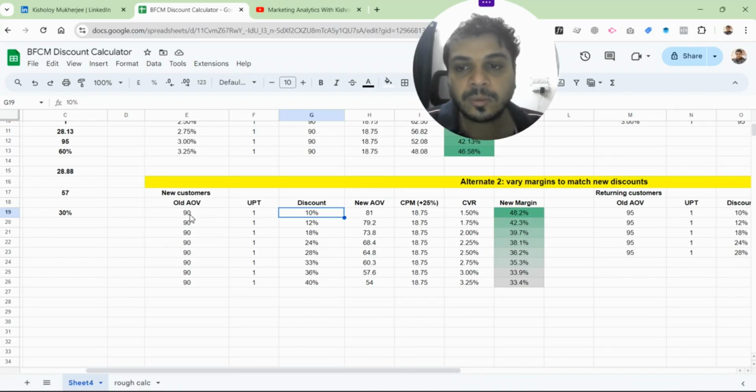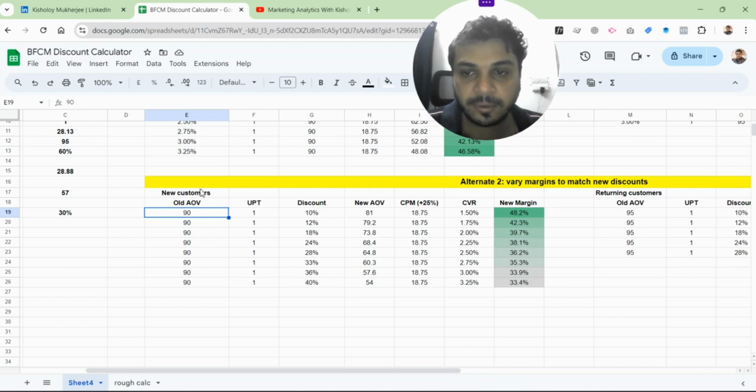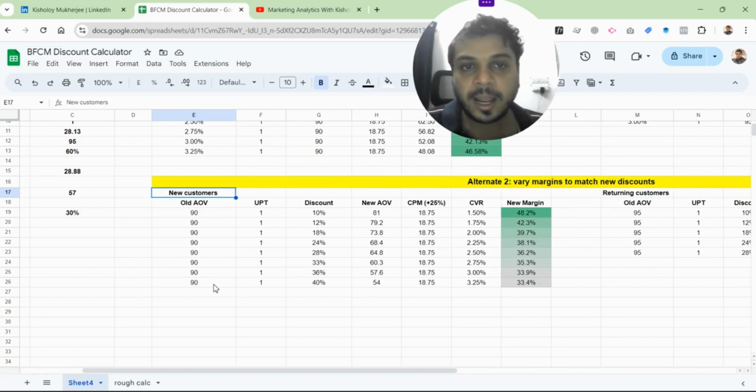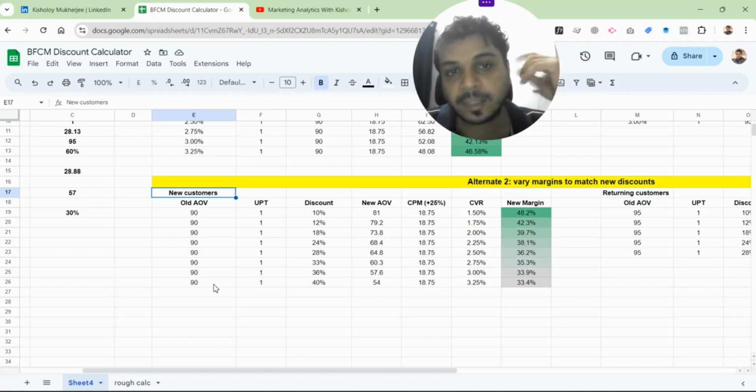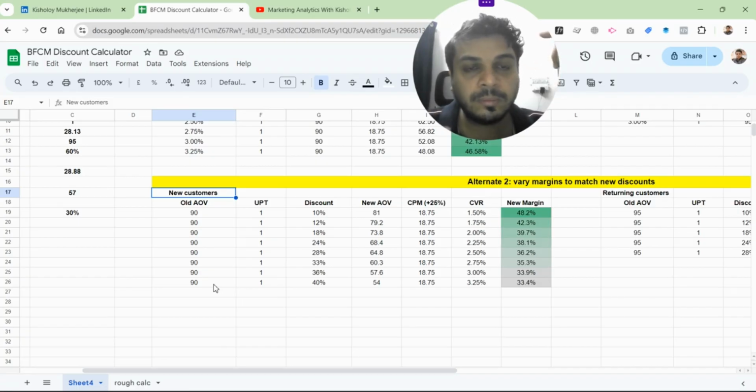Okay, now how do we measure that? So first of all, once again, we're going to split it up into new customers and returning customers, right? And we're going to now take into account CPM and CVR as well. And this time, discount, instead of being on the right hand side, is now inside this particular table, because it is one of the inputs. We have decided it's going to be a 10% discount. We're not calculating the discount this time. We have gone ahead and decided, okay, let's give a 10% discount, and let's see what's going to be the new margin, and we're going to have to